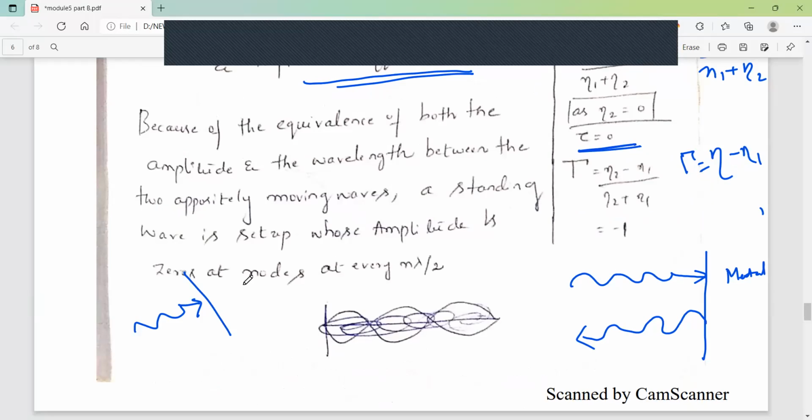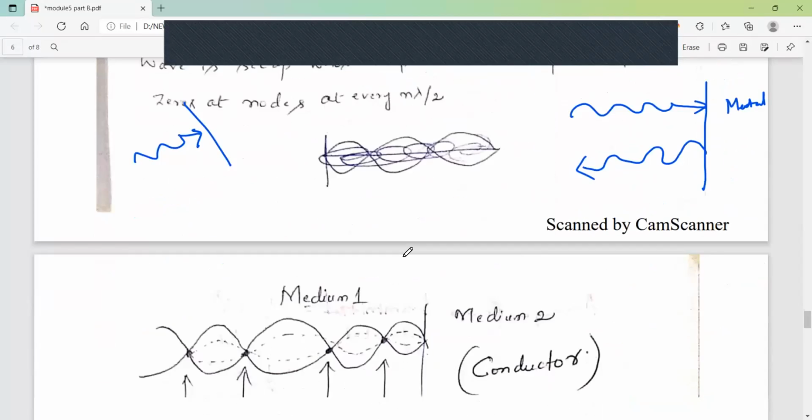So we will get maxima and minima at different nodes, because the amplitude and frequency of both the waves, incident and reflected, are exactly the same. So we are going to get maxima, that is the two wave amplitudes will add up at certain points, and we'll get minima, that is the two wave amplitudes are going to cancel out entirely at a few points. So those are called minima points. So let us see where we are going to get the maxima points and where we are going to get the minima points.